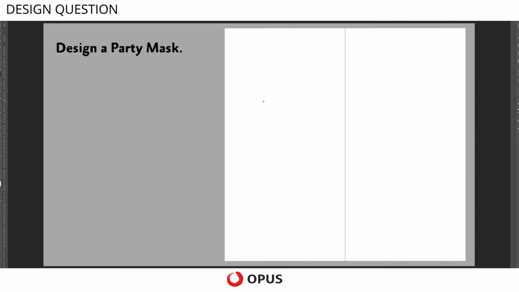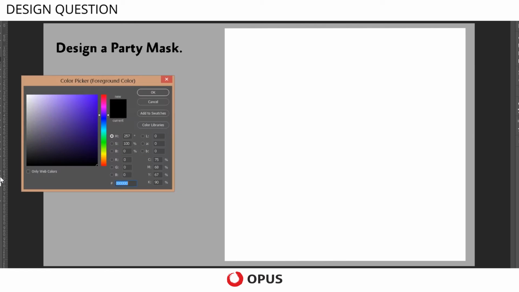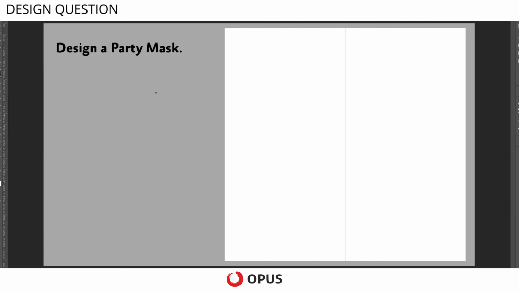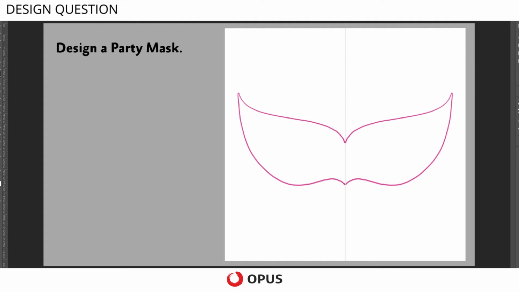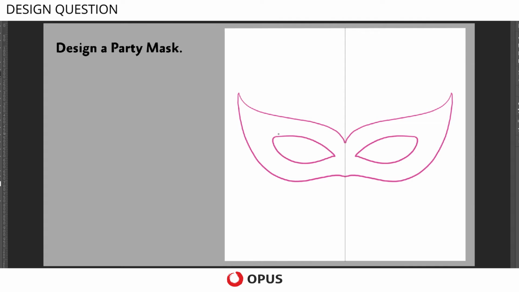Okay, so first we will try to make that basic shape, all right, of the kind of shape we need to develop. So we can also choose a different color to make the sketch itself. So if we want to create a place for the nose, okay, and then for the eye section,